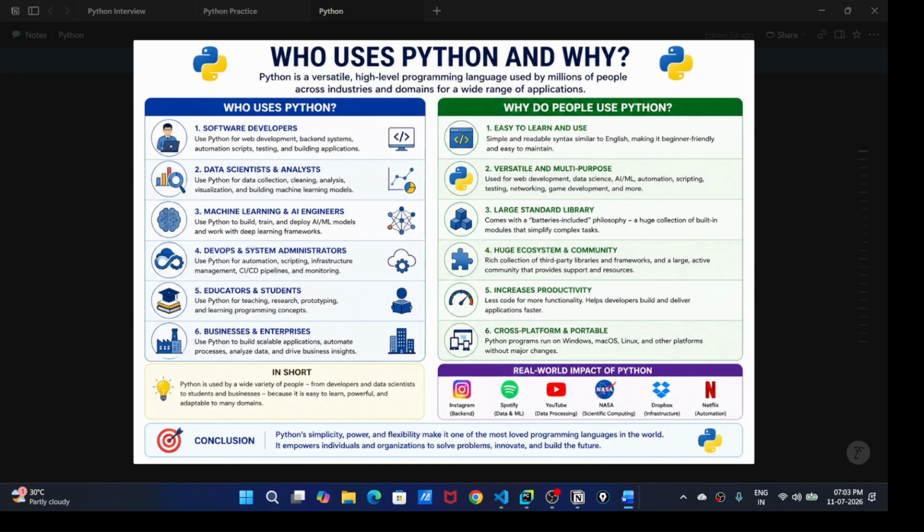Python syntax is very simple and readable, and it is one of the most popular languages currently in the market. Finally, business, enterprise, and entrepreneurs use Python to automate their businesses and day-to-day tasks, to analyze their data, and to scale their applications.